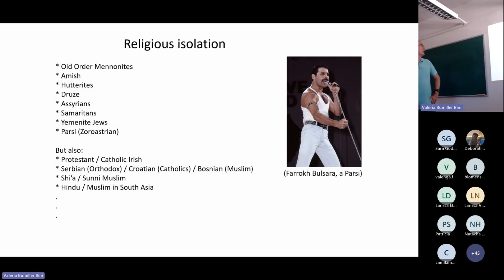Then there are religious isolations. We have examples here of the Mennonites and other Christian denominations, but also some Islamic denominations, and then there are small religions. You may know that this guy, Farrokh Bulsara, better known as Freddie Mercury, came from a Parsi family, from a Zoroastrian family, which are the remnants of a really old religion in what was then Persia. They were persecuted by the Muslims and finished in northwest India, particularly around Bombay. But even within the major divisions of religions, there's been conflict and strife. And for instance, I remember